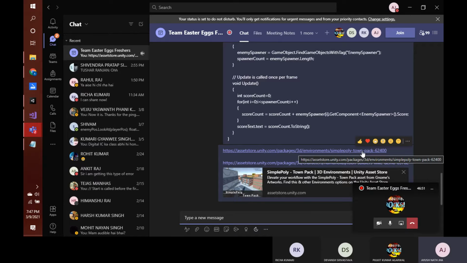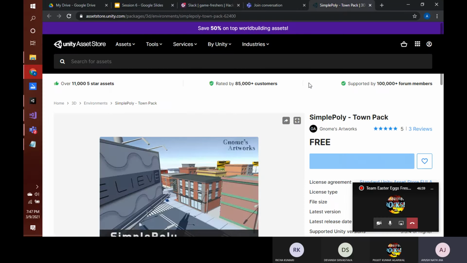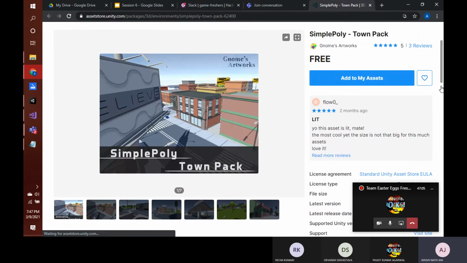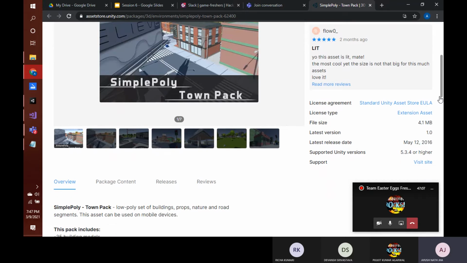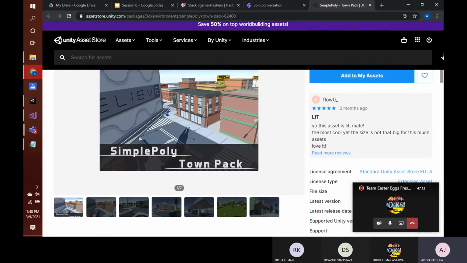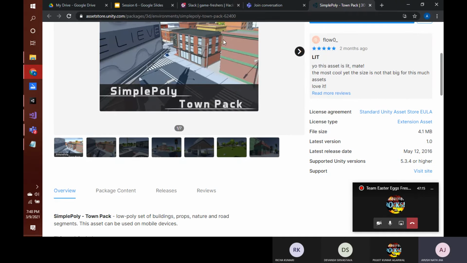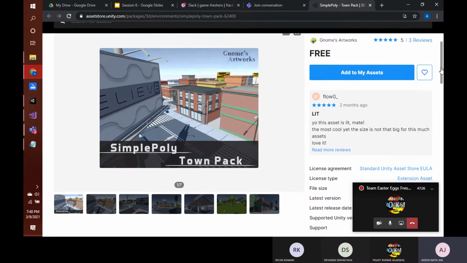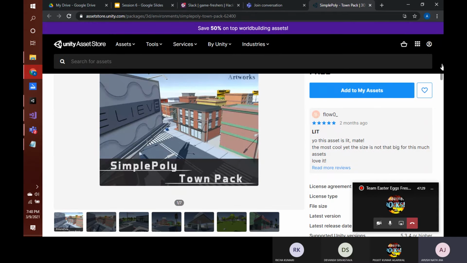So if I go to the first, this simple Polytown pack, if I click on this link, then it will open this asset store, and you need to first sign in to gain access to this. So as you can see, this is a free asset, and it is only 4.1 MB, and it consists of a complete city environment, a complete design environment. So I picked this so that you can also use these individual assets to create your own environment, but I picked this for this session so that our time is not wasted in designing the complete environment, that you can try it out on your own and create something cool, obviously.